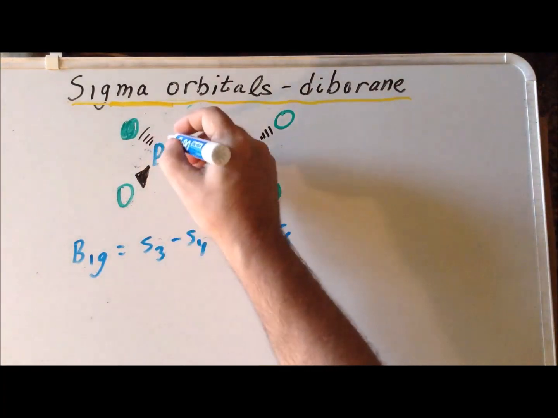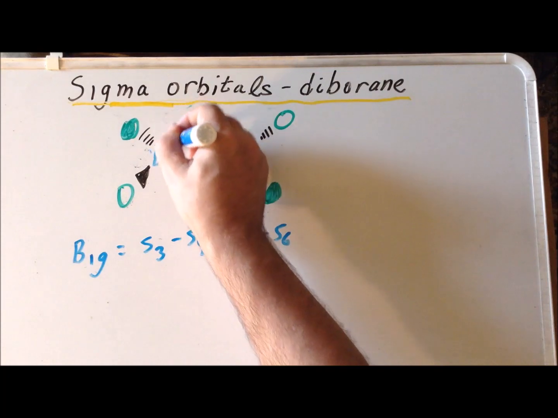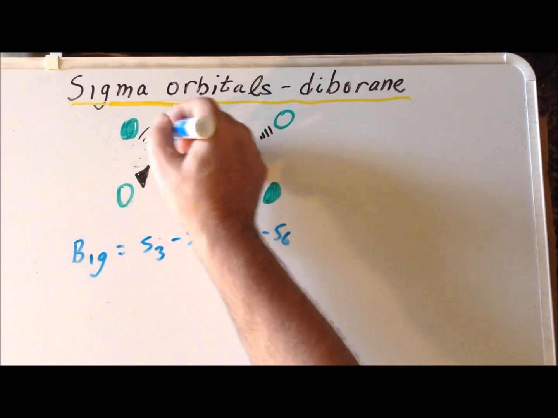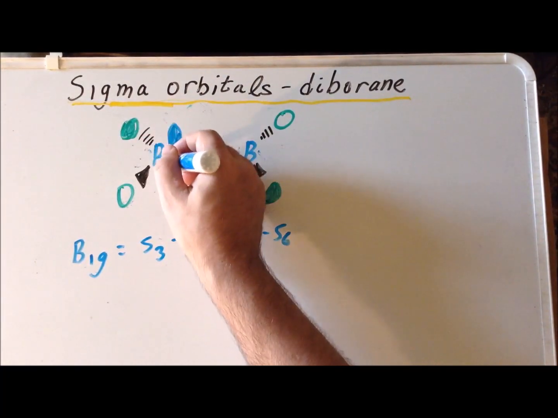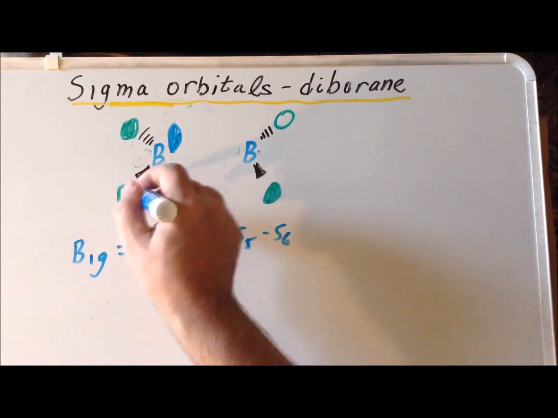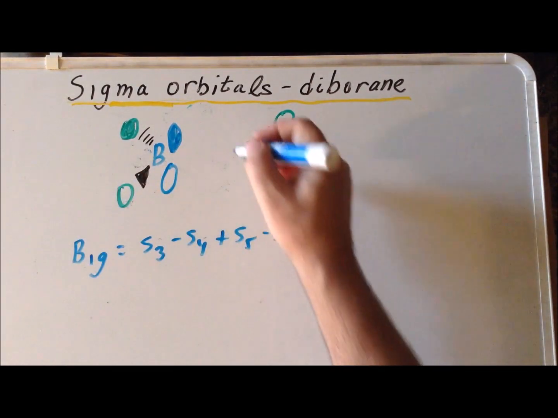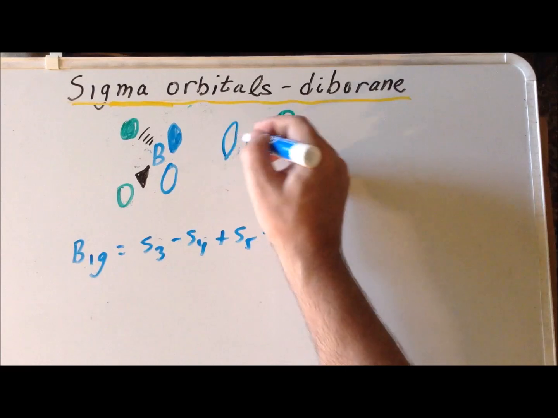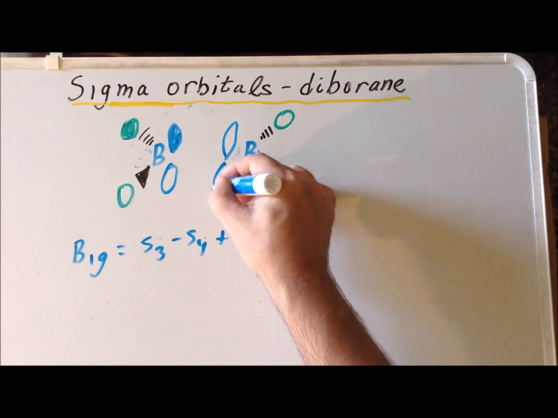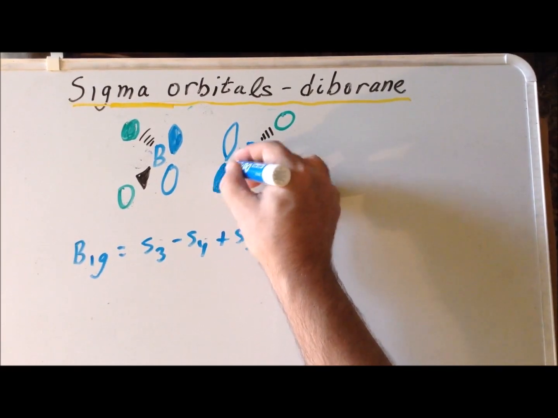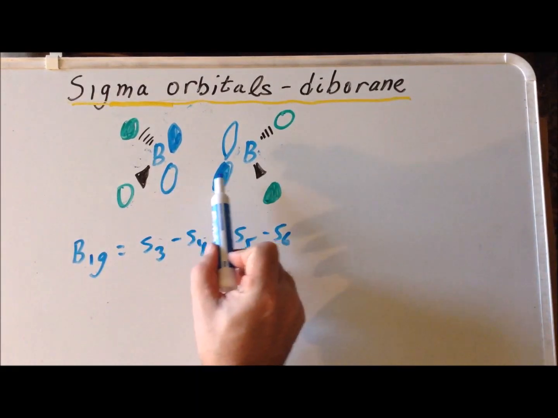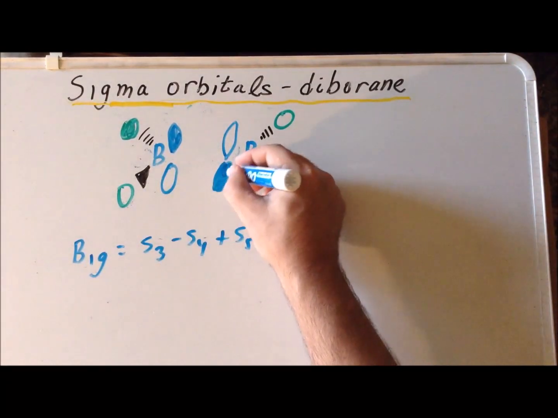So we notice we want to have a bonding interaction. Here on boron we need to have the negative phase for the negative phase on hydrogen. Then the positive phase in this direction for a bonding interaction. Then over on this side we have a positive phase with positive phase, a negative phase with negative phase down here. But notice, relative to each other, these are the